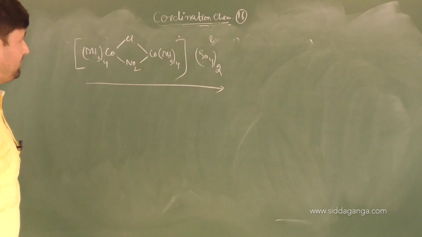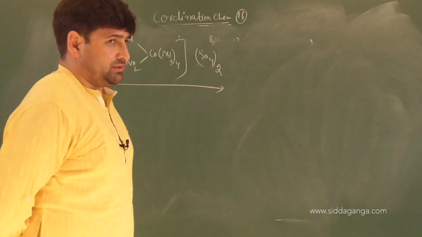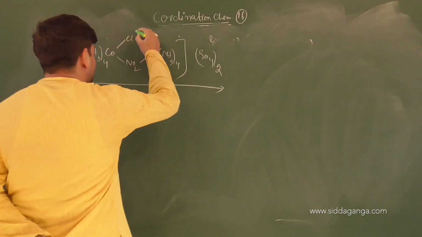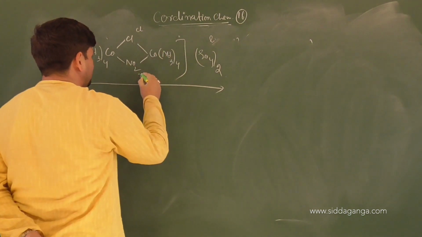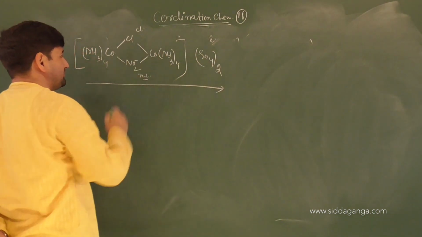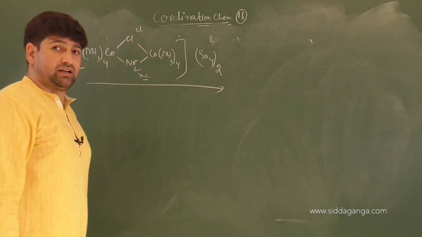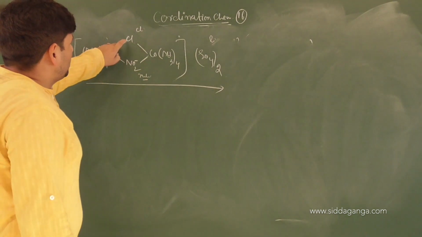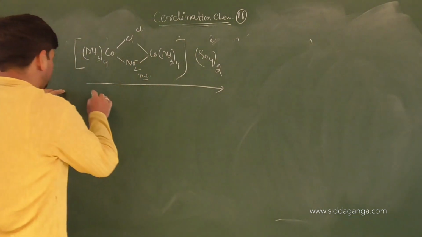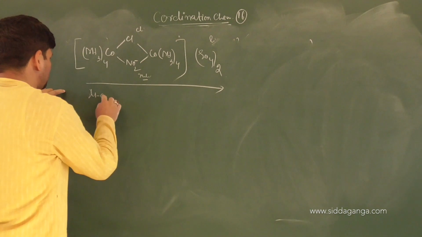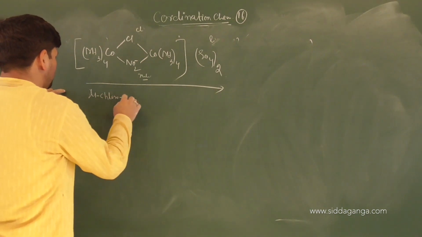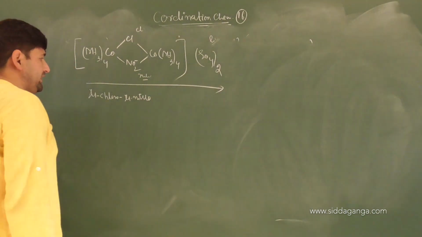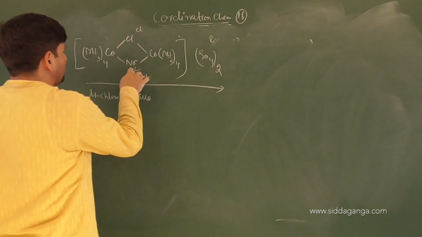And we know whenever we have a bridging ligand system, the name starts with the bridge. And in the bridge, we have to follow alphabetical order. So this is chloro, this is nitro or nitrito because the charge is minus here. So nitro N or nitrito. So what you can write down? Mu chloro, mu nitrito.